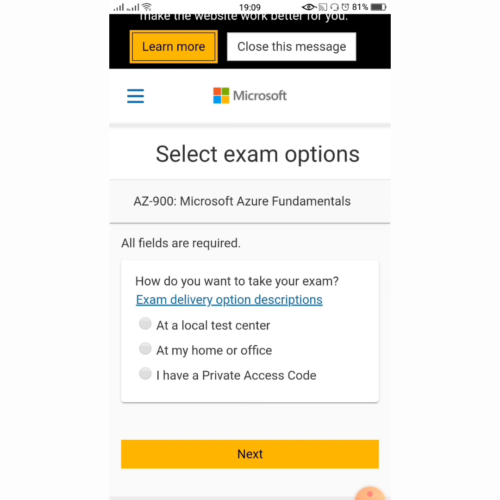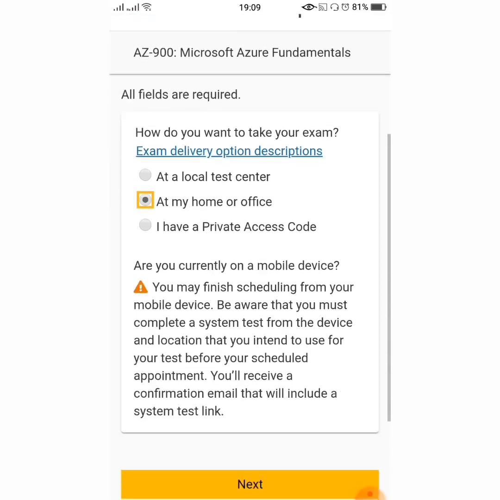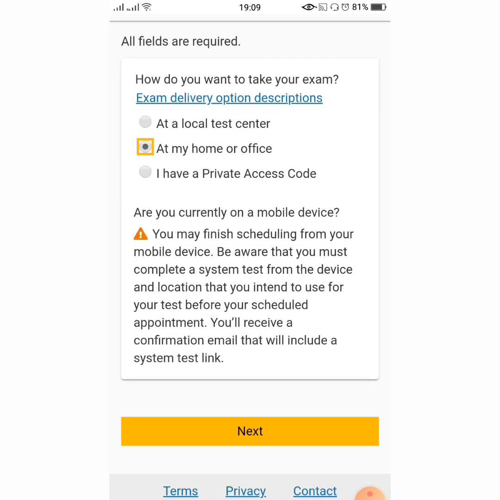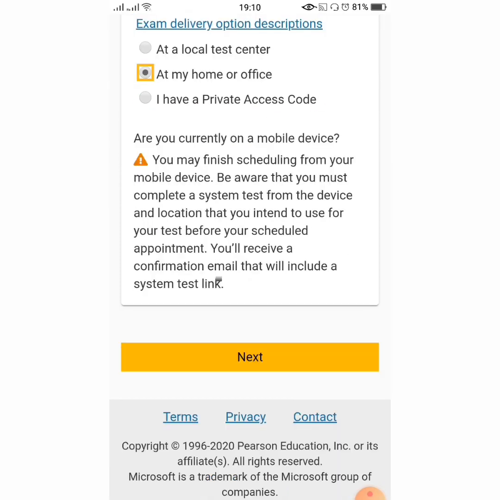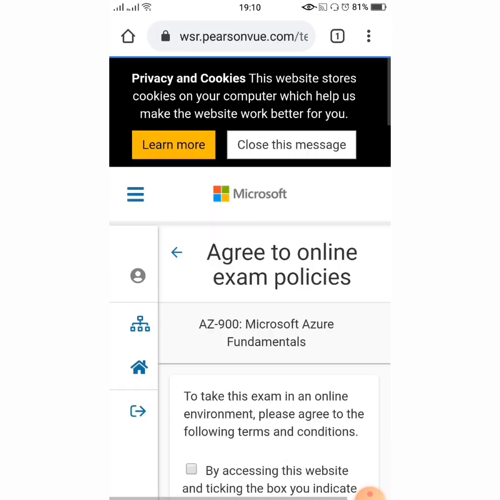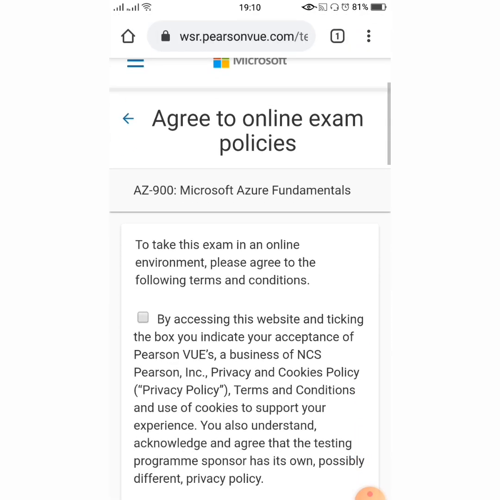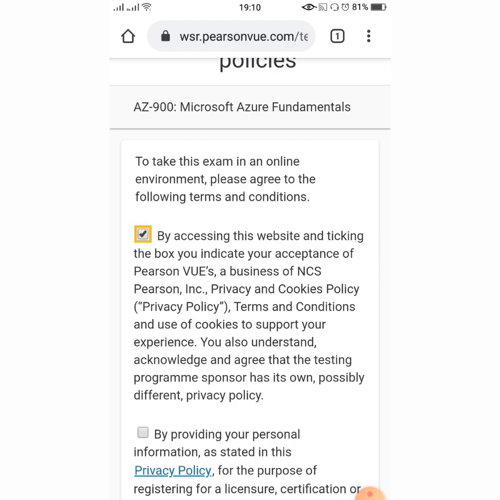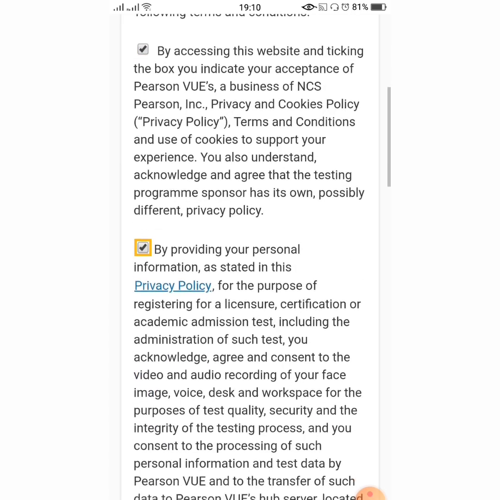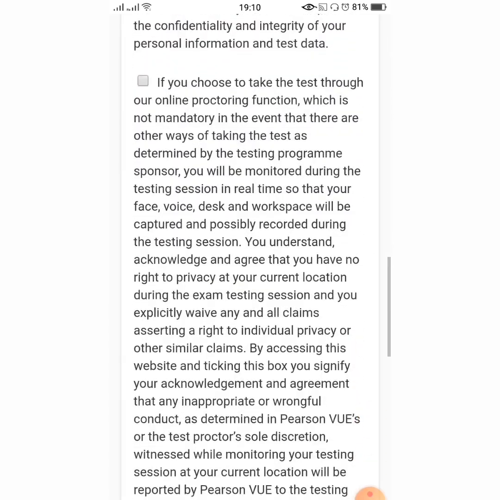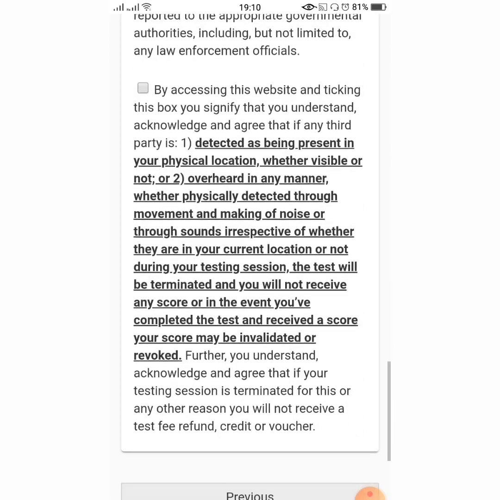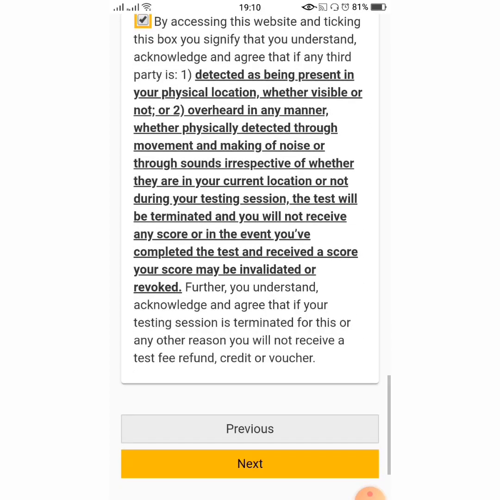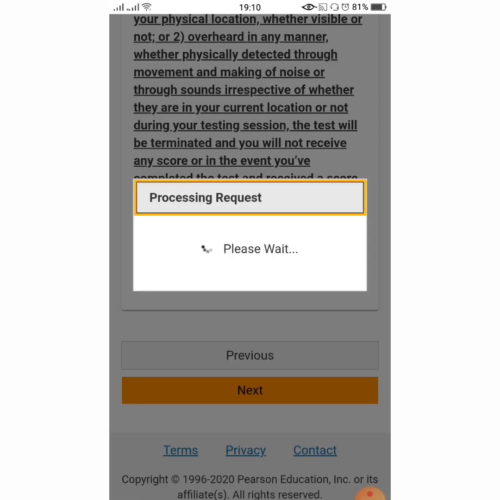Now I'm going to click at my home or office, showing that you have to take the exam with that system and at your same location before your scheduled appointment. So after that I'm going to give next. Agree to online exam policies. Just read all these, and then after reading just tick the check, and then you can give next.